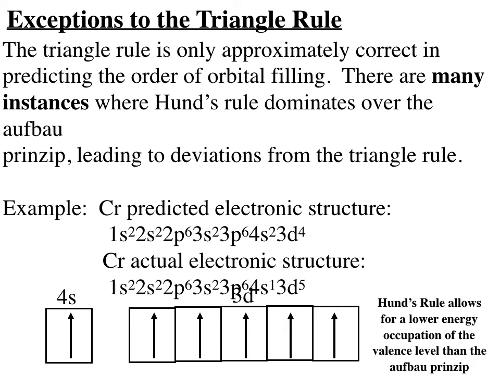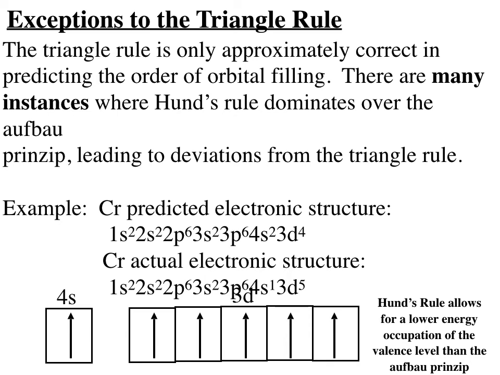That would be exactly what you would need to do to get to the correct structure for chromium. But in actuality, what it turns out is that chromium populates its orbitals at the core level exactly as shown. So through the 3p6, which are the core electrons, they are populated as shown in the triangle rule, but then at the valence level, instead of being 4s2 3d4, it's actually 4s1 3d5. And the reason behind this violation of the so-called Aufbau principle, that's what it seems to be doing, is that Hund's rule wins. Hund's rule says that you want to maximize the spin, you want to put the most spins of the same